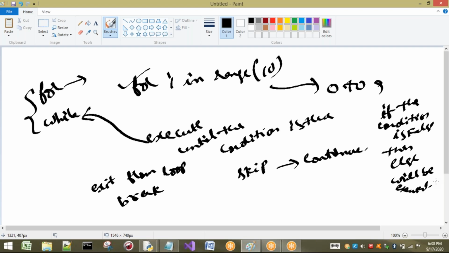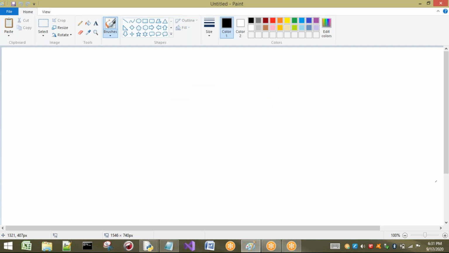Now I'm going to show you one more statement, that is the pass statement. In the name it says what? Pass. It is a very common word. For example, let us take a group of people here.